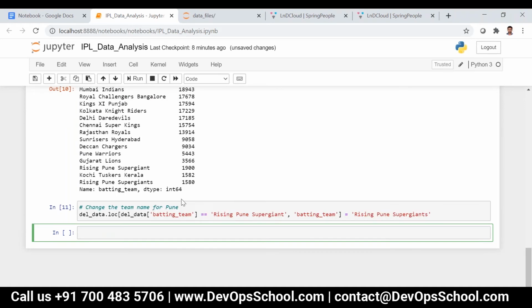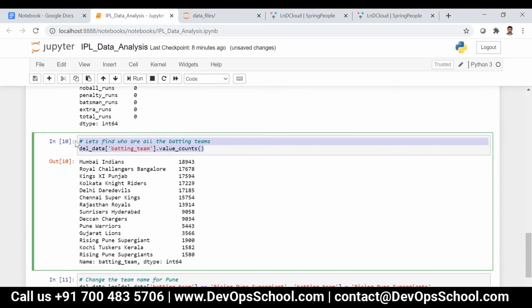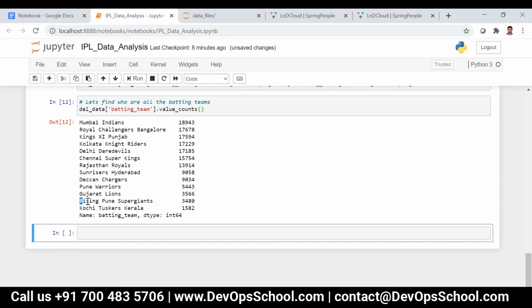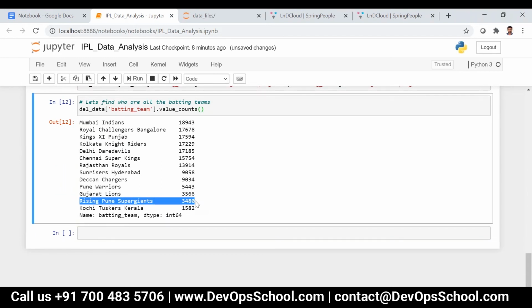So now if you check, there will not be two repeated entries. Those two have been combined now. You can see only one entry for Super Giants, that is 3480. Like this also the data set will be present.